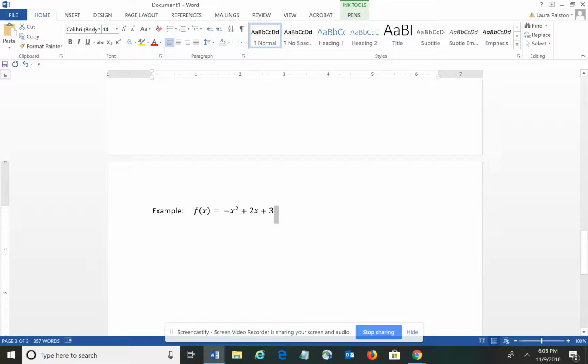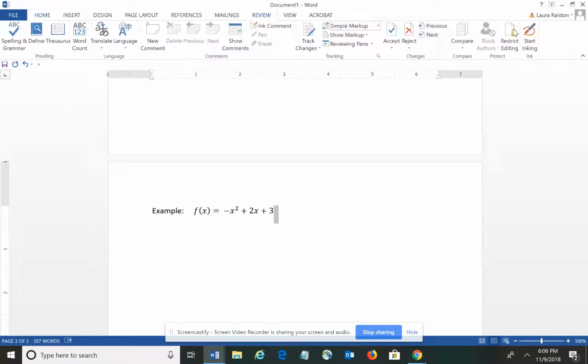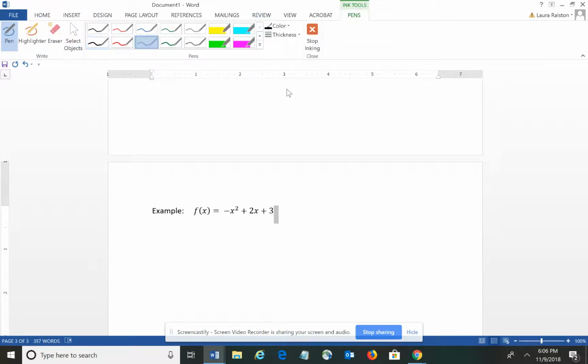In this case, remember that a is the number in front of the x squared, b is in front of the x, and c is the constant. So I would have negative x squared plus 2x equals, and when you move the 3 to the other side,